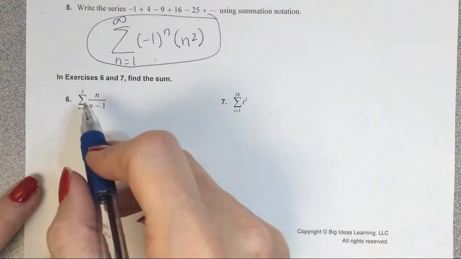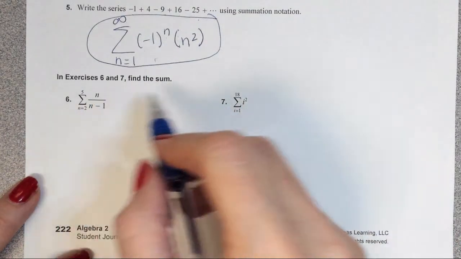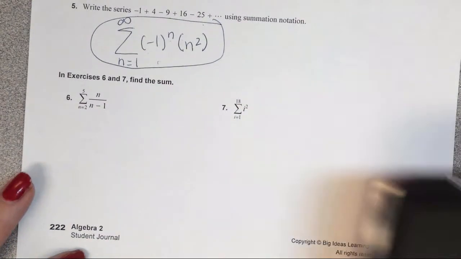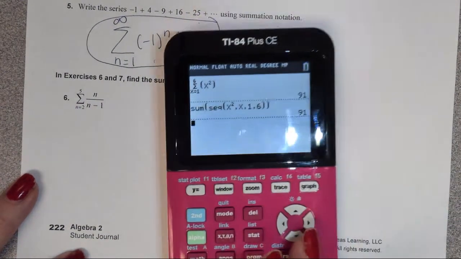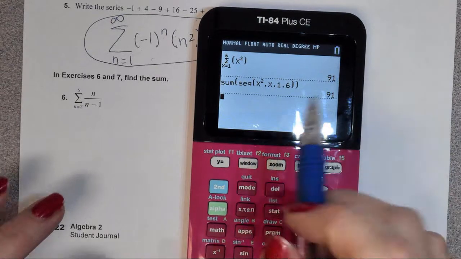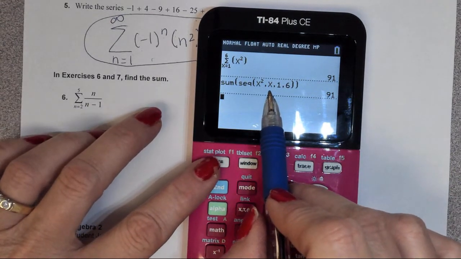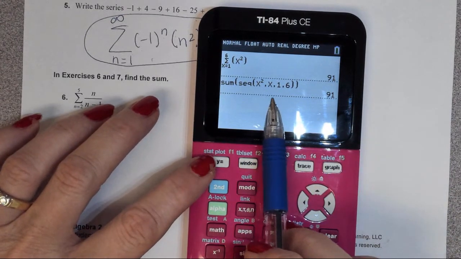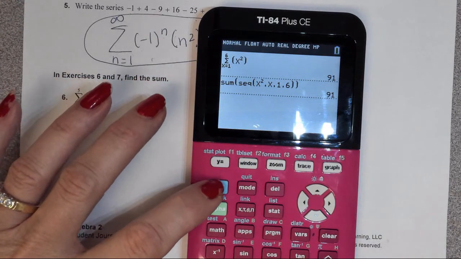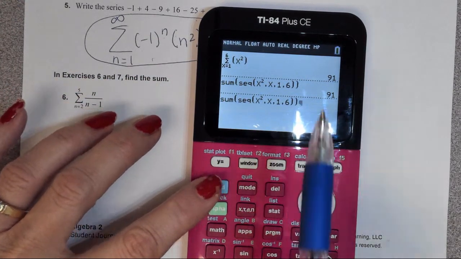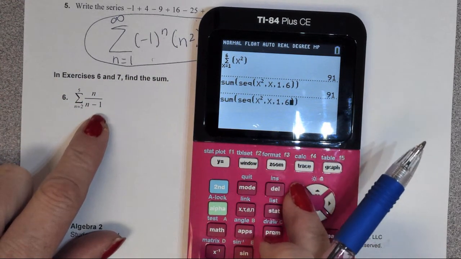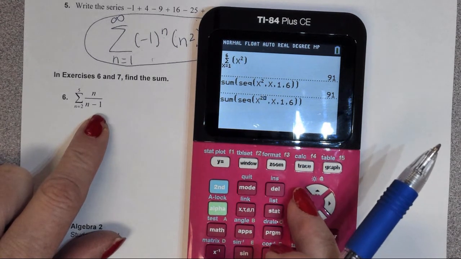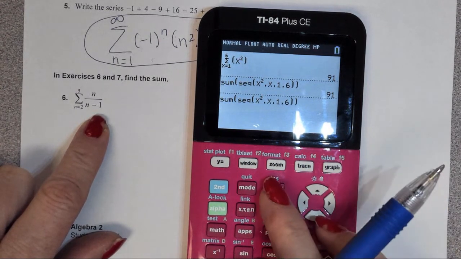All right, and then 6 and 7, these would just be the type that you would put in your calculator. I think you're fine if you have the newer version. I'm going to show you if you have this older version. If you already have this up, guys, you don't really have to type it in again. You can do second enter, and now you can just go back and edit. You got to be careful with this, though. This is kind of tough to edit